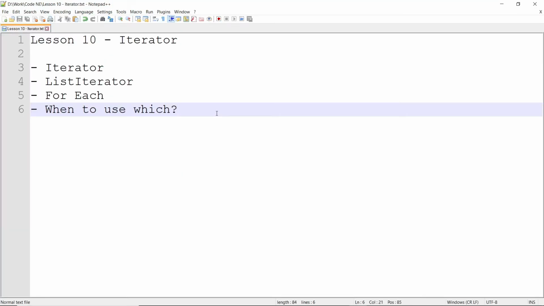Next, let's understand when to use which. You should use the for each loop whenever you just need the value of the element from any array list, and you should use an iterator whenever you need to perform some operation on the array list itself, not just the value. For example, you need to remove some value, or you need to iterate forward or backward. That is also possible. So let's see with a practical example how the use of iterator and for each can be different.